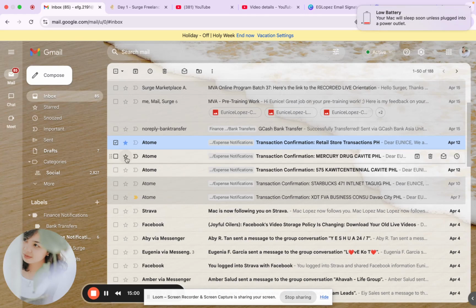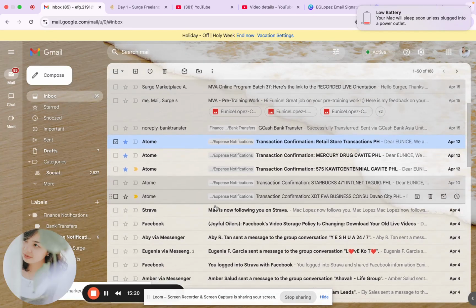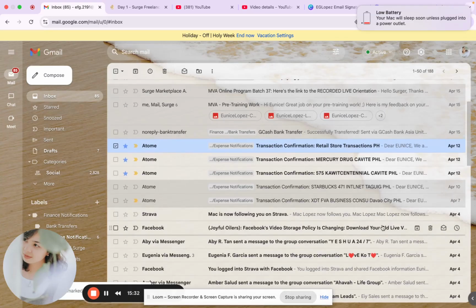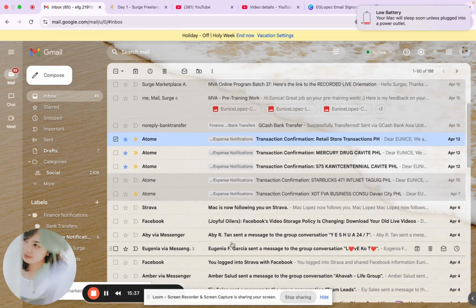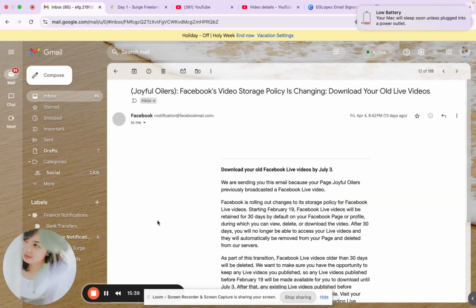So everything that is under blue color lets me know that it is something that pertains to finance notifications, specific to, let's say, expenses that I need to review. And I could also use this to let me know that it's something urgent for me to share, for example, to my husband.